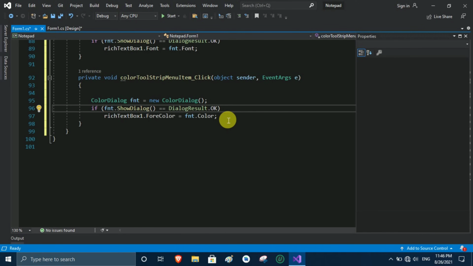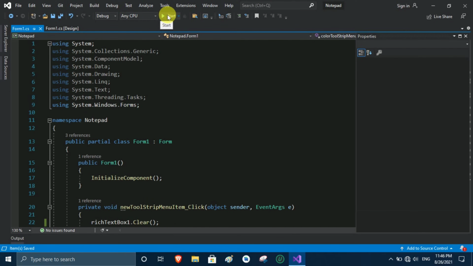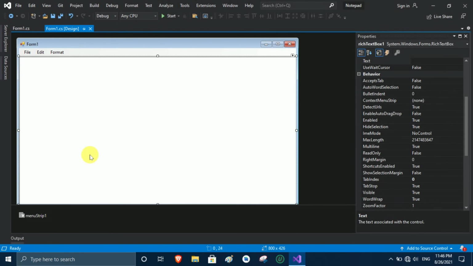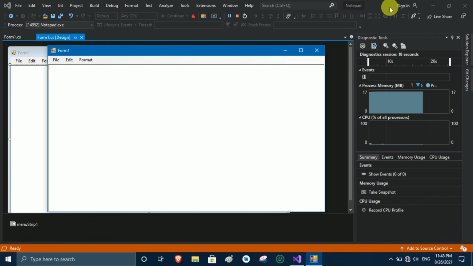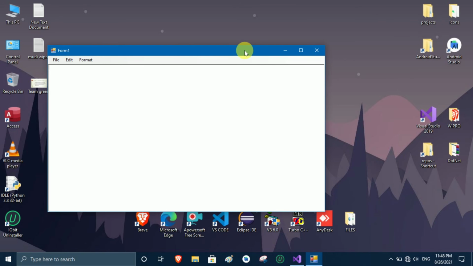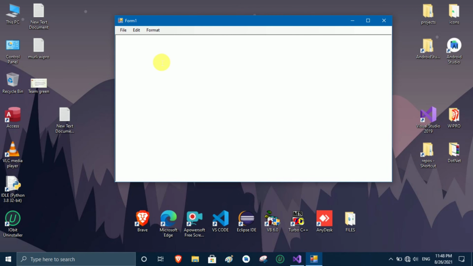Okay, so try to run this and show you the output. First of all I save this file, so I go to file and save all, and now we go to our design tab, and here I simply press on the start button to run this notepad application that we have created just now. Here you see build started and it is processing, so we wait a few seconds, and here you see the output appears in front of us. So I minimize the previous window, and here is our notepad application.